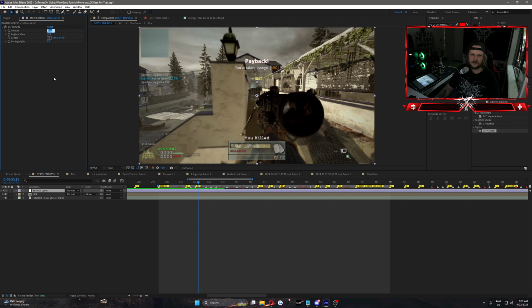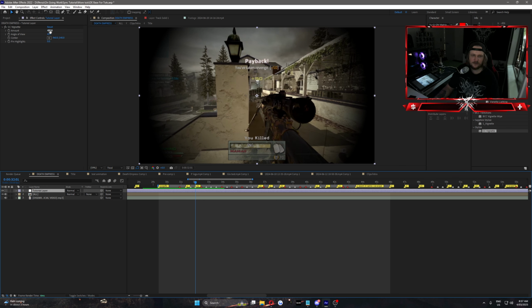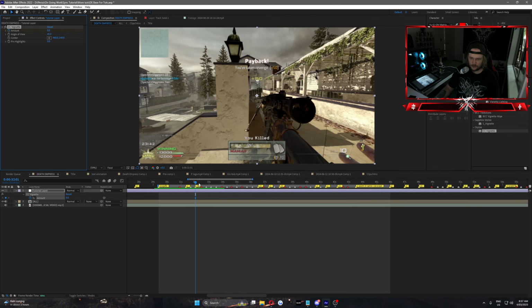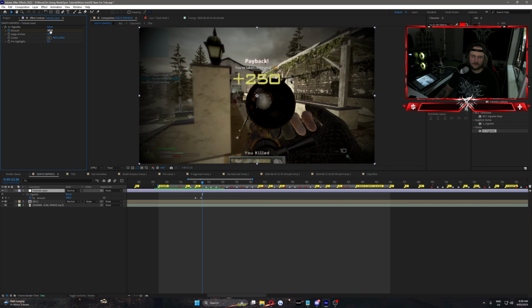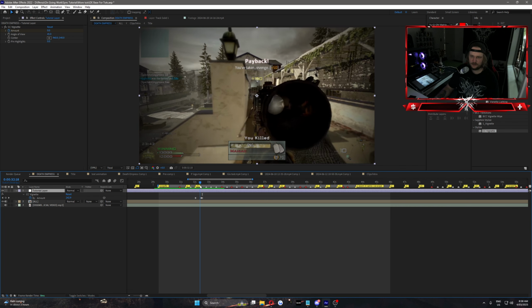Most people should know what this is. Turn the amount up to 400. There you go, that's what that is. So sometimes when you're using this, you could keyframe the amount. Press U to open the keyframes and have it go up to like 300, a few frames forward, turn it back to 0, and it just sort of